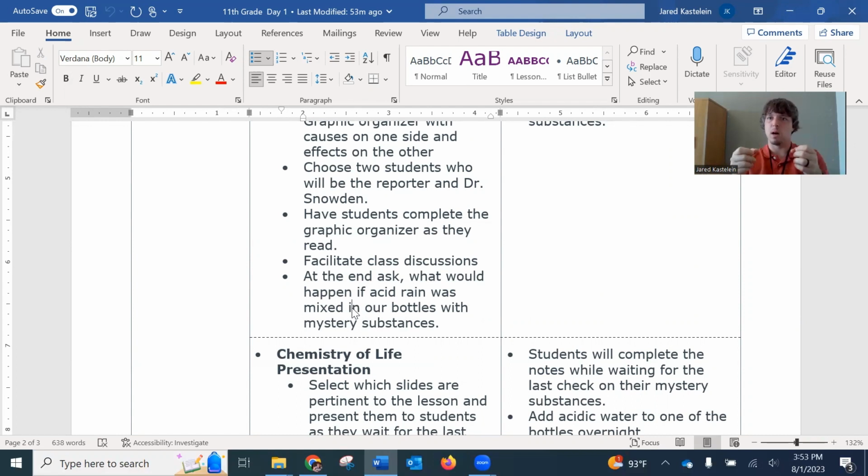So let's say we have 2 bottles that were producing gas. I'm going to add some acidity into one. And then when they come back the next day, they'll be able to visualize, oh, wow, that killed the growth that was going on in that bottle, whereas the other one was still able to move on. So you can take this and modify your lab